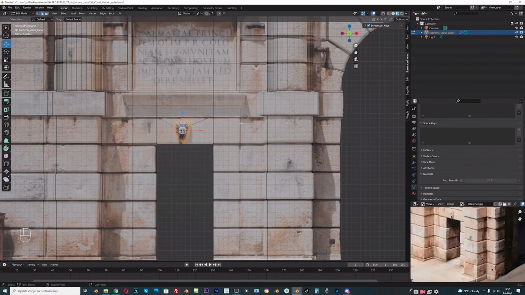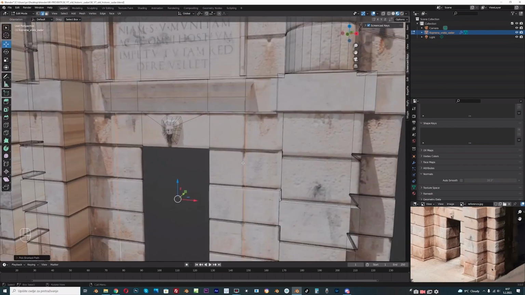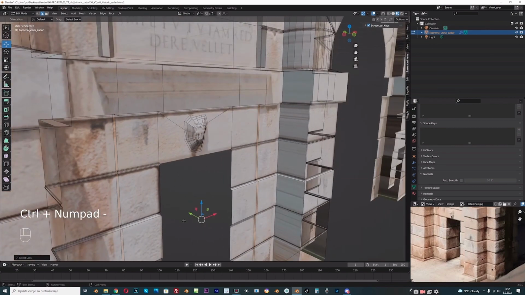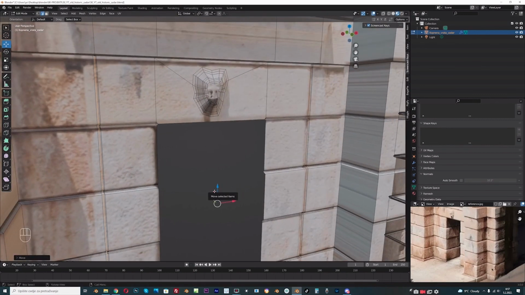So I will first create bevel here. Select this and this line and go with Control B, Control minus, move on y-axis, and Control plus and Control